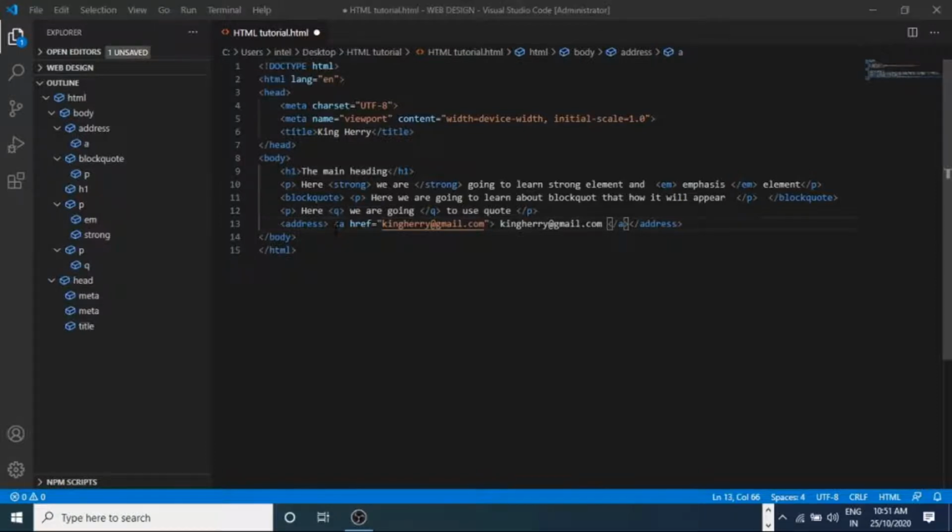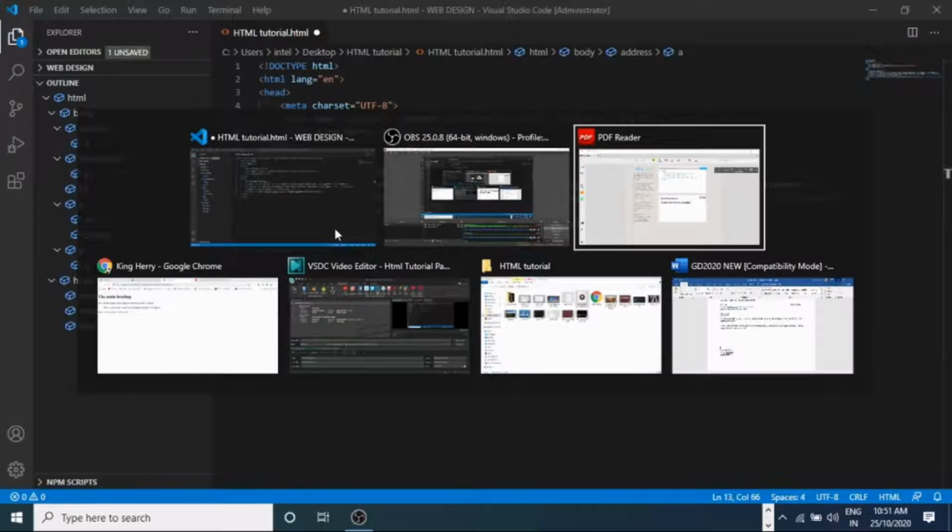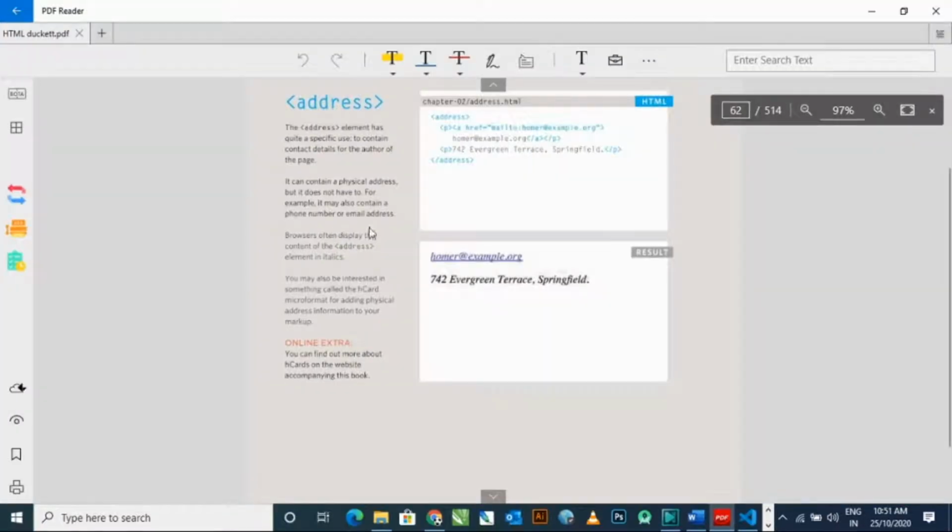This email ID is not present right now. See this address element. The address element has a quite specific use, to contain contact details for the author of the page. You can see the path and the result, how it will reflect on our window.